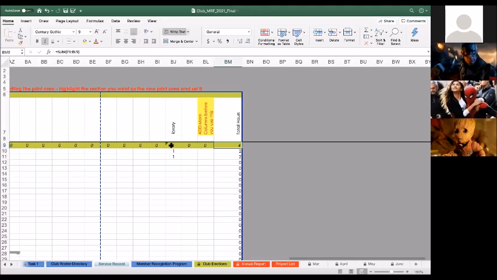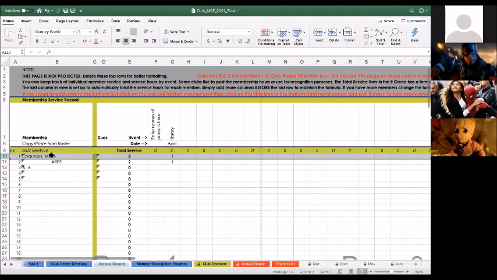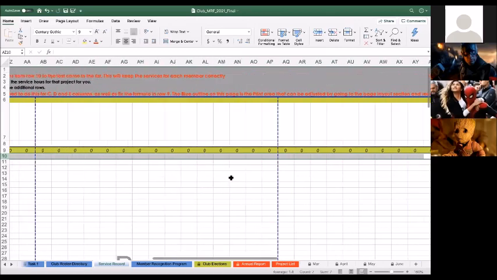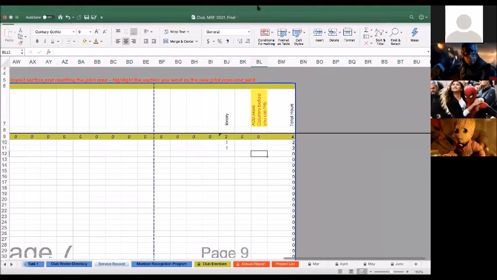Yeah. So as you can see below the green row, it says 2 and 2 for each member, and that's the total amount of hours that that specific member has. And it says 2 because I had 1 hour at one service event and 1 hour for another service event, so it just adds it all up together. See, for my name, I have 1 hour of service here, and then at the very end 1 hour of service, so that'll be 2. Does that answer your question?